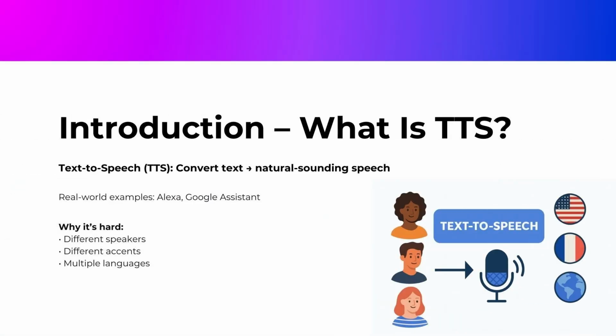First, let's quickly understand what TTS or text to speech actually is. A TTS system takes in written text and produces human like speech. We see it in action every day in Google Assistant, Alexa, and even in accessibility tools like screen readers. But while it sounds simple, building a good TTS system is hard. Why? Because human speech varies across speakers, accents, and languages. Most models work well only for a single speaker or language. Once you try to use them on a new voice or a different language, they break or lose quality.